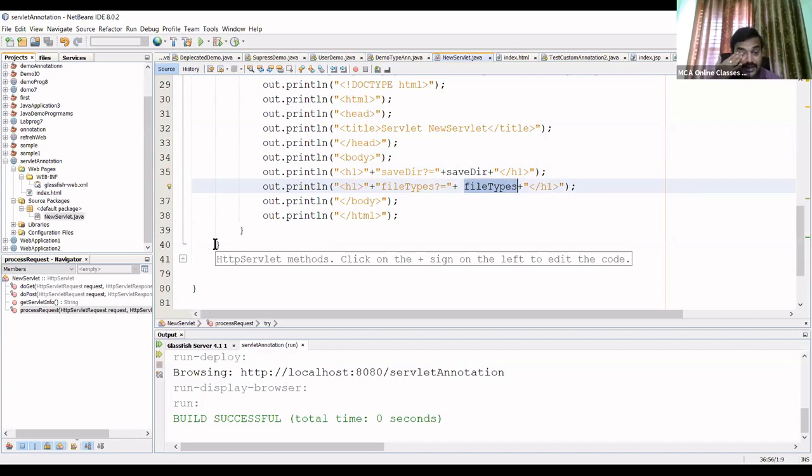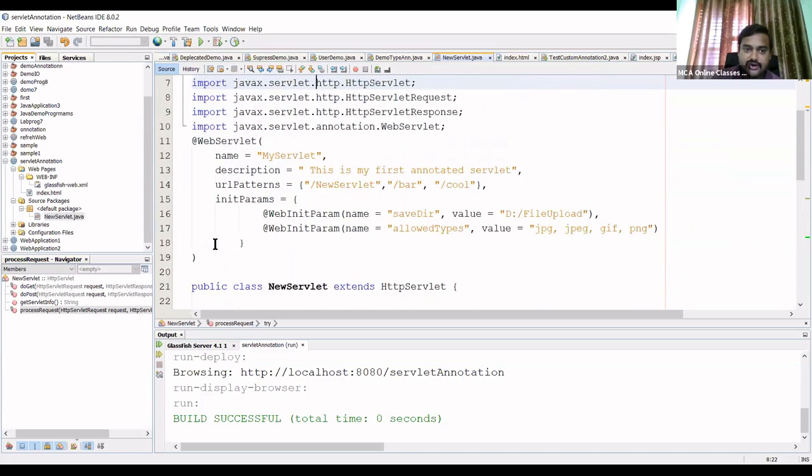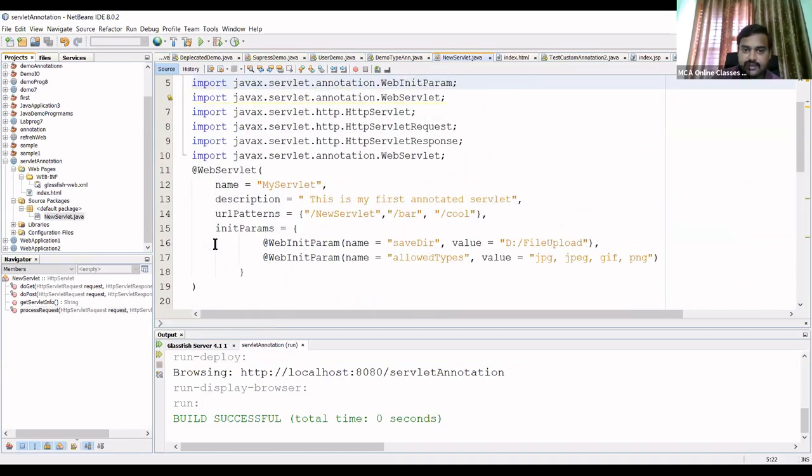But actually, this particular part is not there in the syllabus. In the syllabus, they asked you to demonstrate the built-in annotations and the custom annotations. The questions will come on this, but this is how these annotations can be used in servlet technology. This is the main intention.